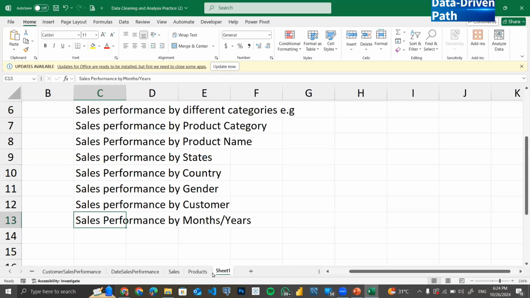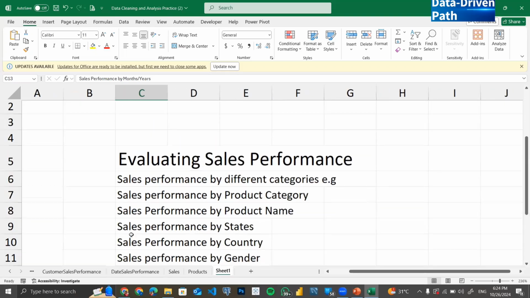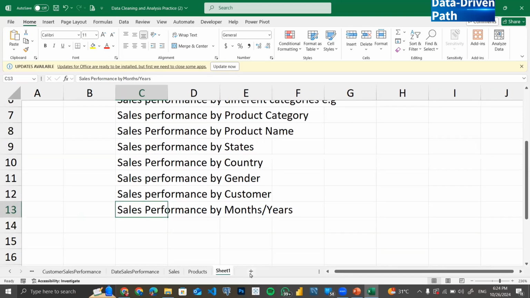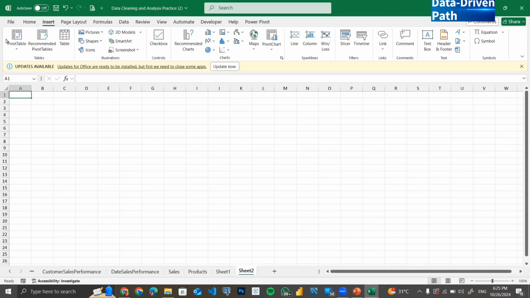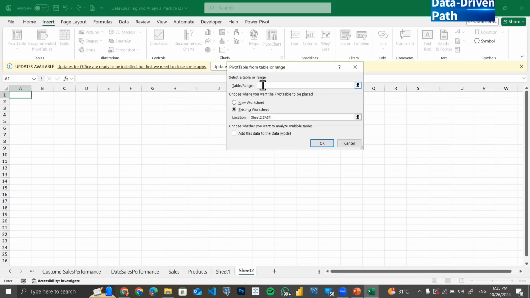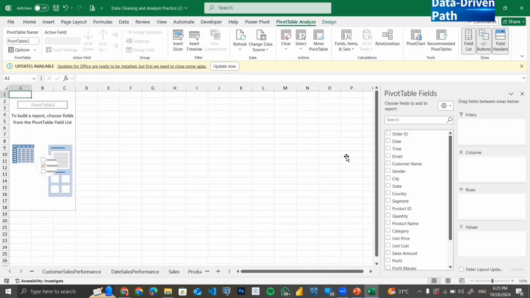So let's start. I'm going to use an entirely new sheet for it, just to show you all of that. I'm going to delete the sheet later on. Okay, we're not going to use this sheet. So let's start. On this new sheet, I'm going to insert a pivot table again. Good. Now, let us assume,